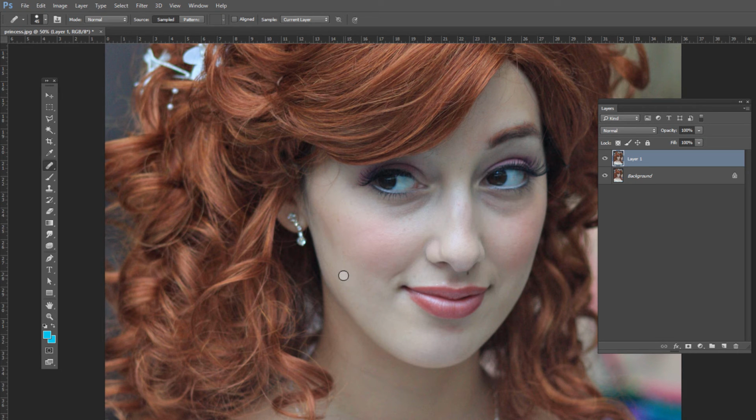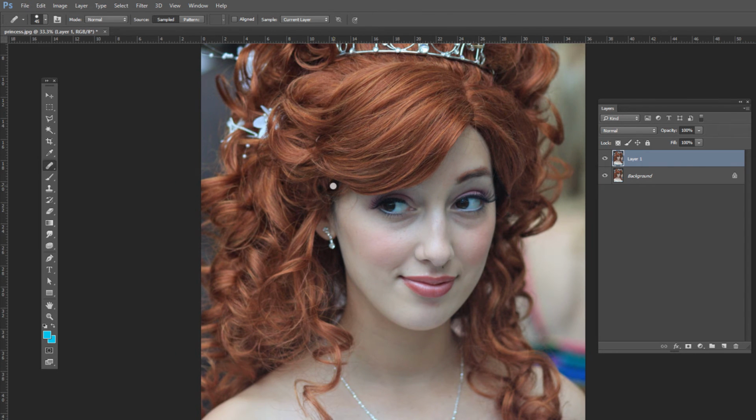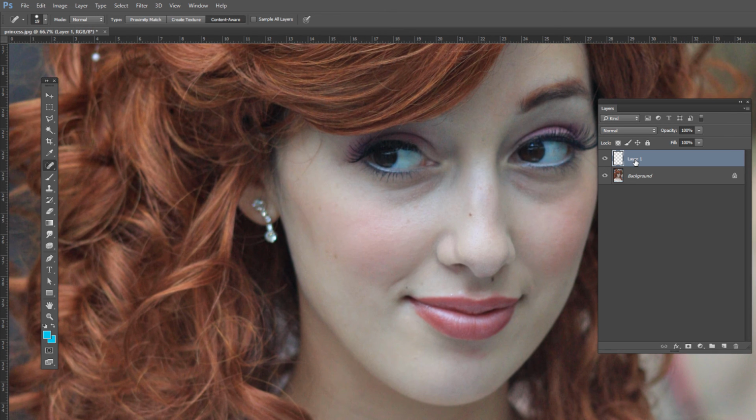These are not really blemishes, they're just freckles, but I'm using that as an example. If you do have a photo of a client or even yourself, and say you've got a pimple or something and you want to get rid of it, those are some really helpful tools to do that. One more way you could do this is, instead of working on a duplicated layer, you can actually create a new blank layer, just an empty layer up here. I'm going to zoom in again and